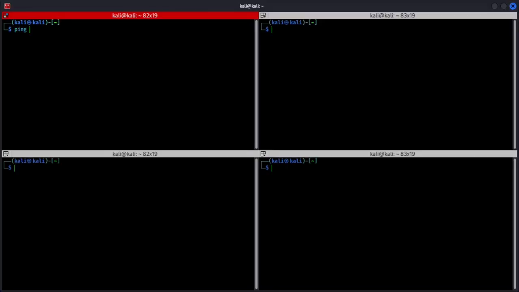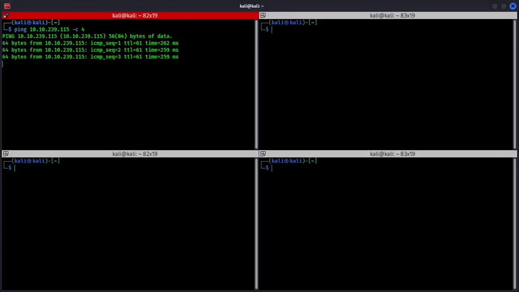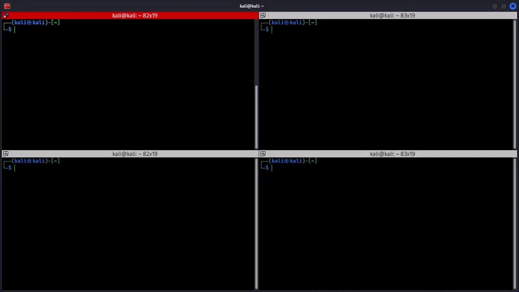Okay, first of all, just like any practice, we are going to ping our target IP, which is 10.10.239.115. Just only using 4 packets and it's pingable. Alright, so today